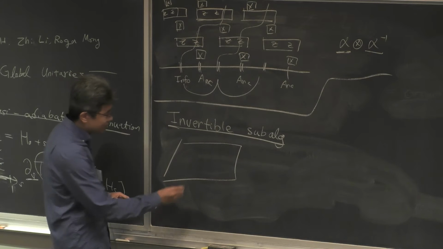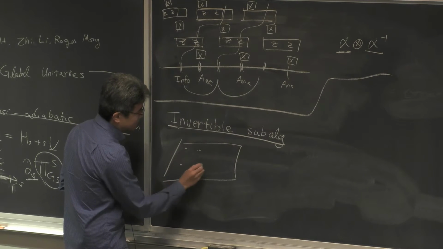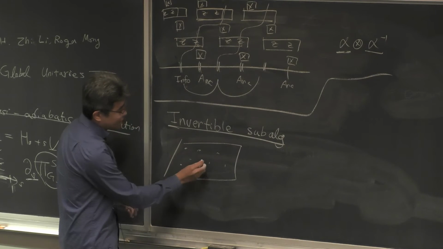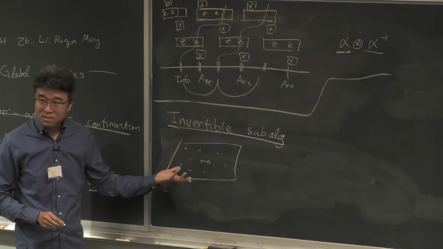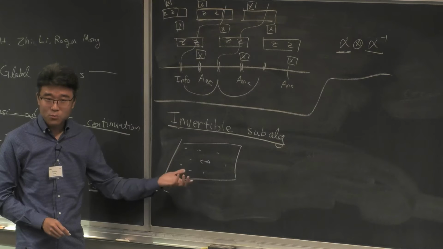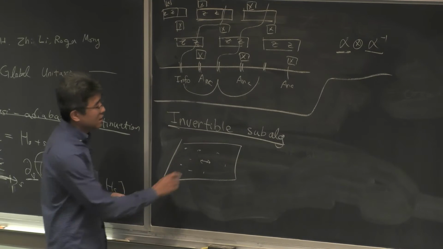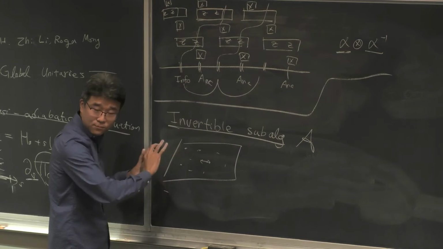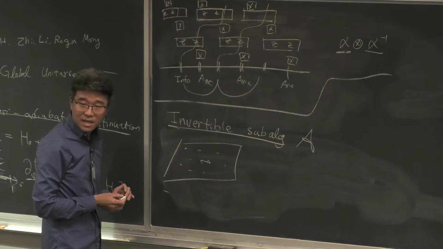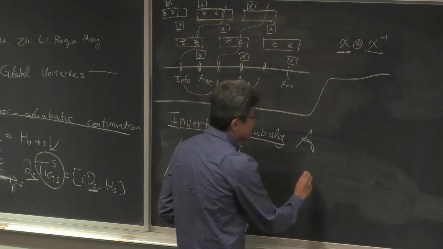That's it. Every qubit is embedded in some metric space, by which we talk about locality. And an invertible subalgebra is a subalgebra of the full operator algebra on my lattice system. And the definition is that